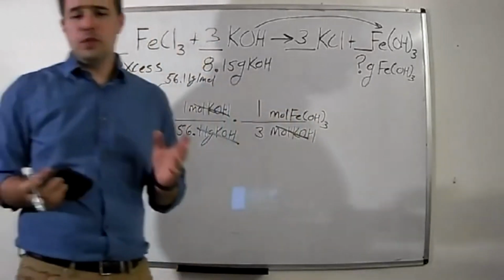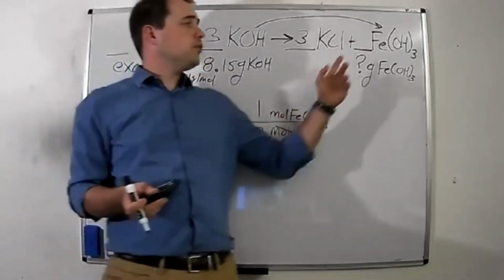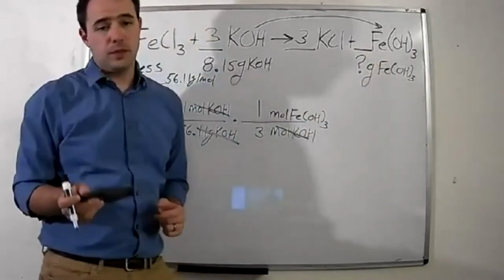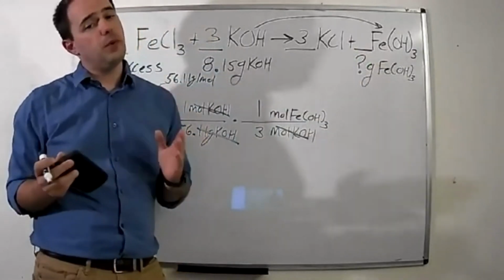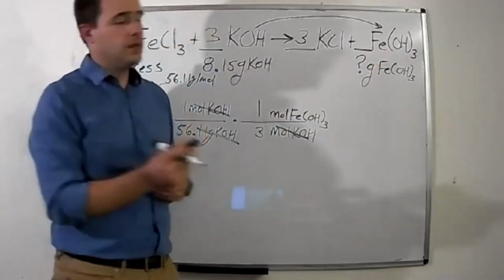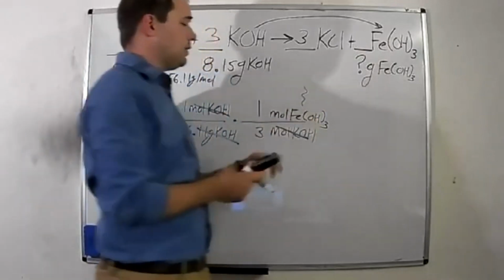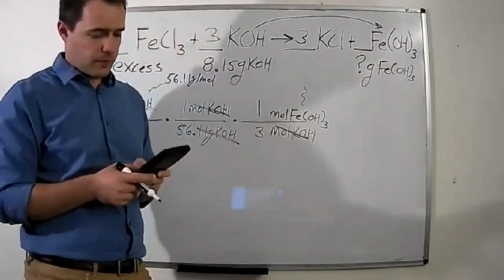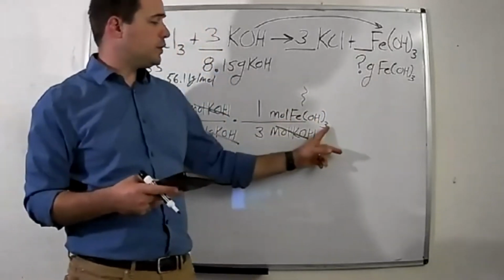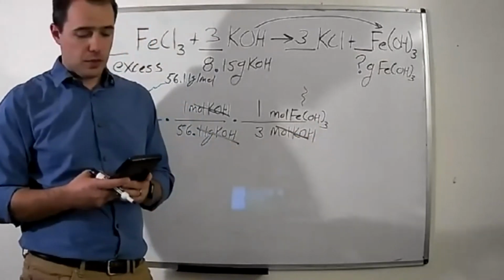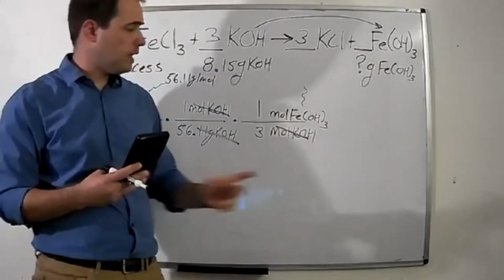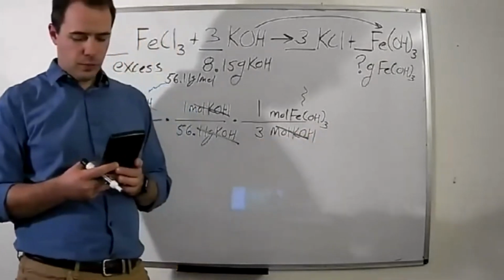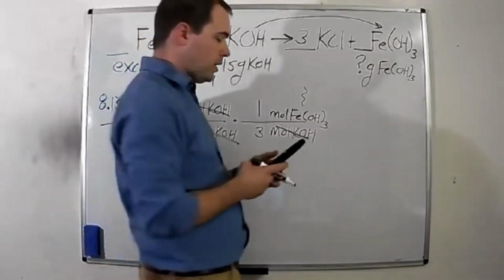So now we're in moles of iron 3 hydroxide, but I want to be in grams of iron 3 hydroxide. So now you have maybe the hardest part, and that's getting the molar mass of that iron 3 hydroxide. So we need to add that up. Here's how we're going to do that. We have an iron, so that's 55.85. And then you have to distribute this 3. We have 3 oxygens, so plus 3 times 16. And then we have 3 hydrogens, so plus 3 times 1.01. That's